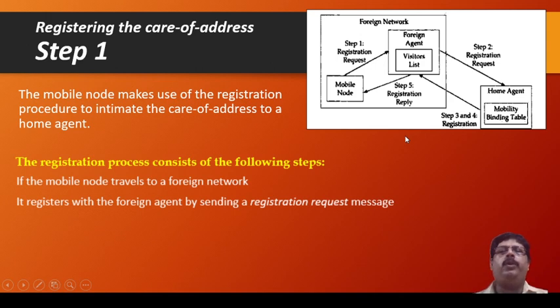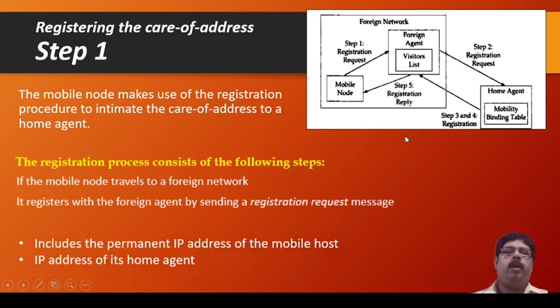As soon as it goes into the foreign network, it has to register there. So when you come to the college, you register yourself, right? Like that, it is very important for the mobile node to register to the foreign network and get a Care-of address. So that is what is done here. In the first step, the registration request is sent by the mobile node to the foreign agent, because the foreign agent is the one giving a Care-of address to the mobile node. This is the first step.